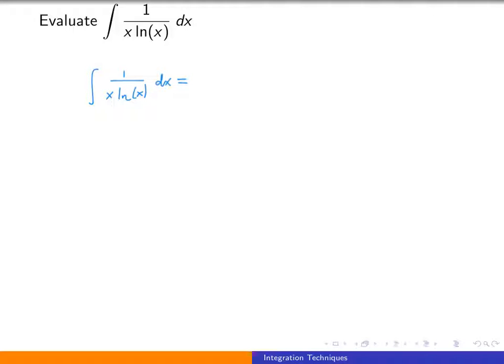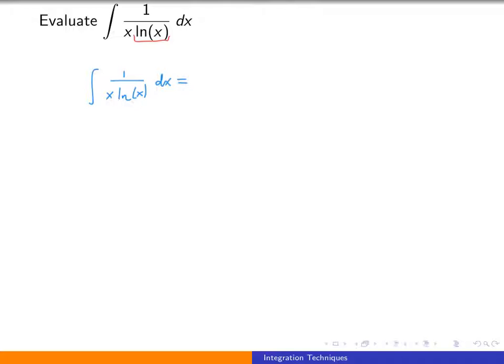For this example, we would like to evaluate the integral of 1 over x ln x. Now, a key observation to make here once we get started is that whenever we see something like this, where we have a more complicated looking function, like in this case the natural log of x, which is appearing inside another function here in the denominator, but it could be inside something like a cosine, a square root,